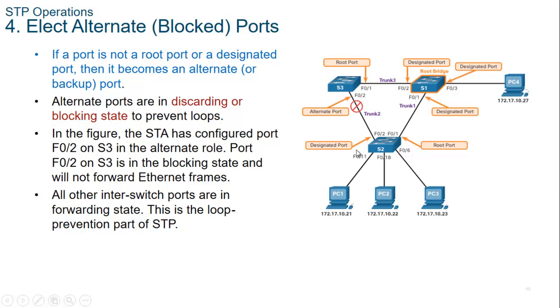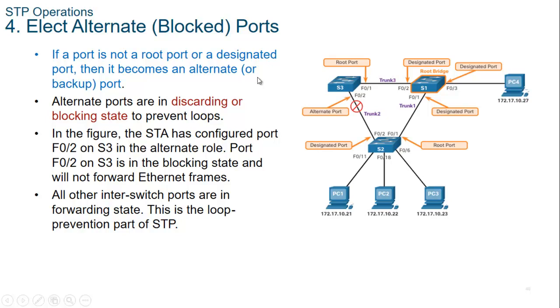Here in this example, the STA has configured port Fa0/2 on S3 in the alternate role. Because this is the designated port, this one becomes the alternate port. So this port, FastEthernet 0/2 on S3, will be in the blocking state and will not forward Ethernet frames. All other inter-switch ports are in forwarding state. This is the loop prevention part of STP. So every other port in here will be able to forward frames, but this port would only receive but not